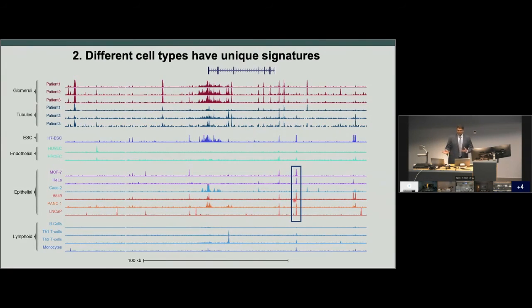Now I'm showing you a very small region of the genome, probably only about 100 kb or so. So think about the 3 billion base pairs. We have this information now mapped across the entire genome for multiple different cell types. And these individual peaks or enhancers in composite form a unique signature for the regulatory status of that particular cell.